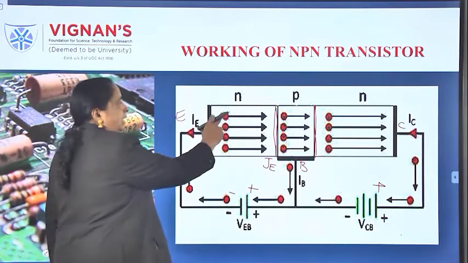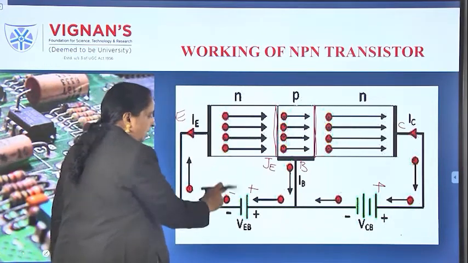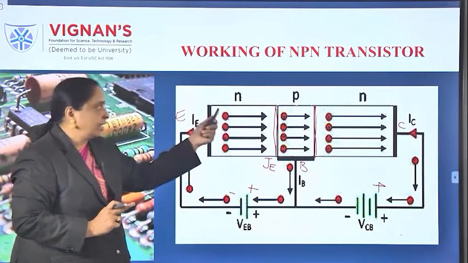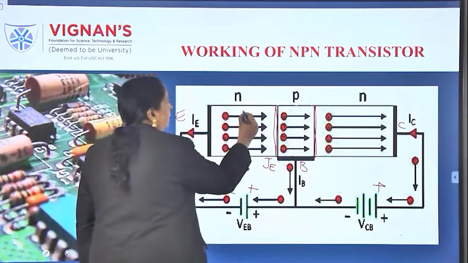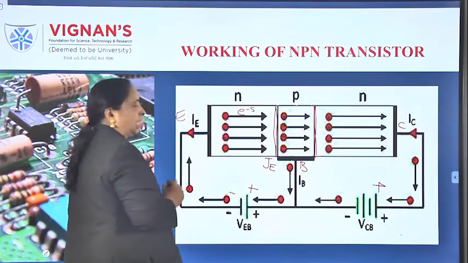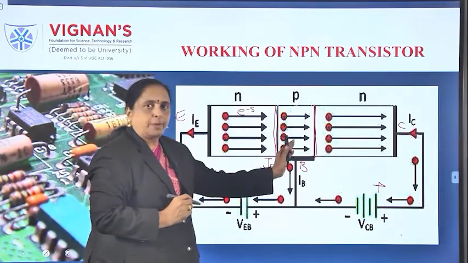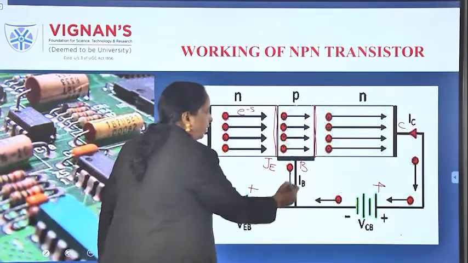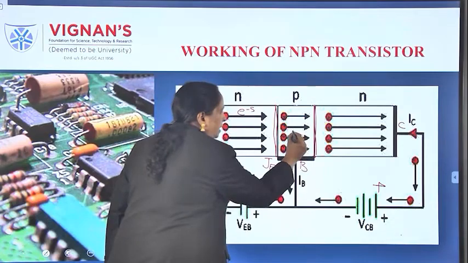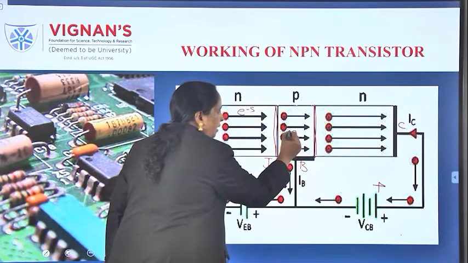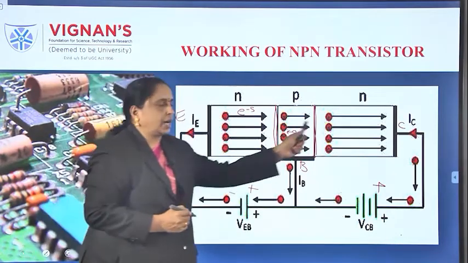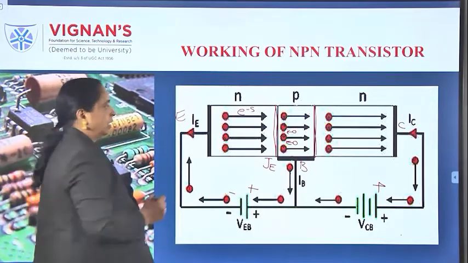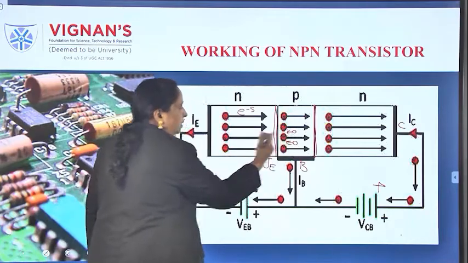So the majority charge carriers are electrons here. Similarly, this is the negative terminal of the battery. Both are repelled. For example, if there are 100 electrons, all these are electrons only. The electrons are moving towards the base region because they are repelled by the negative terminal of the battery. Similarly, the same force is there for the holes also. Here, the majority charge carriers are holes. They will try to move towards this side. They cannot go to the right side because there is a positive terminal of the battery. So the holes and electrons move in opposite